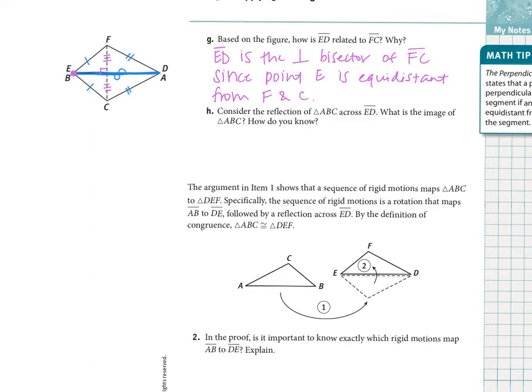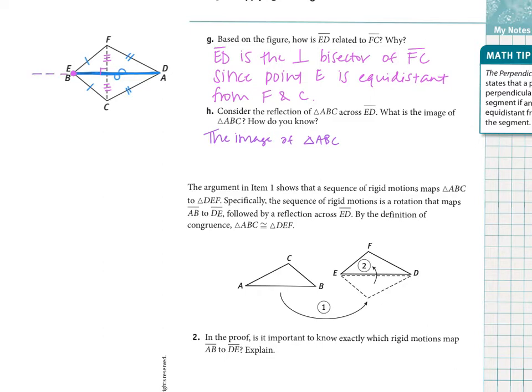What is the image of ABC? And how do we know? Well, this one is actually very interesting. We're saying that the image of ABC, we know it's going to be triangle DEF, since points A and B are fixed under our reflection, since they are on the line of reflection. So we're going to answer this by saying the image of triangle ABC